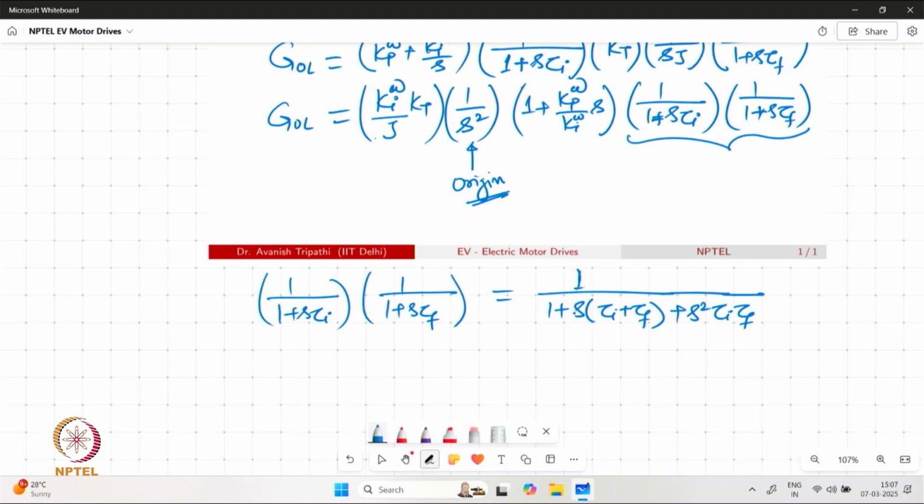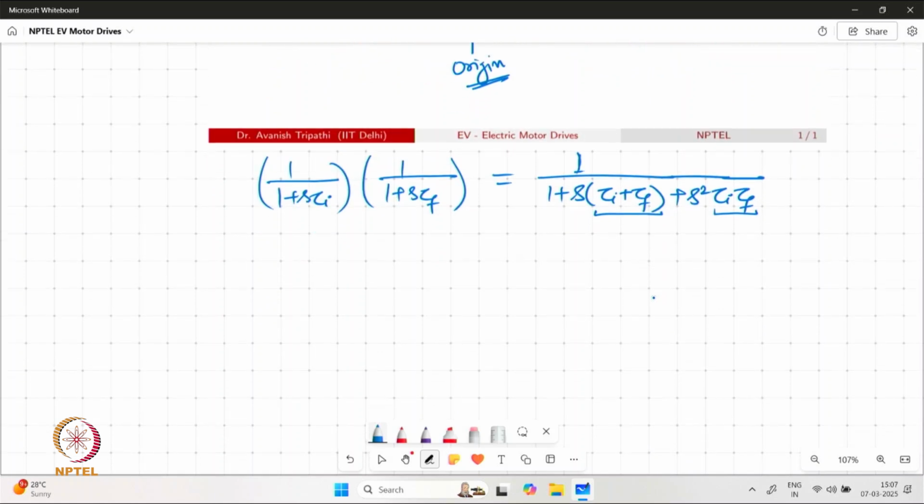Now the coefficients of the second order system involve the sum of the time constants for these two pole locations and the product of the time constants for these two pole locations. Now, if we go by the relative magnitude of these time constants, we observe that typically we would like to have a bandwidth of say 100 hertz or 500 hertz for the current control loop, which is going to be of the order of a millisecond. The time constant is going to be of the order of 1 or 2 milliseconds,